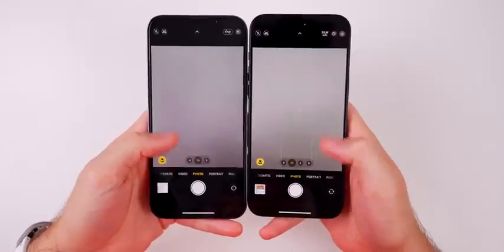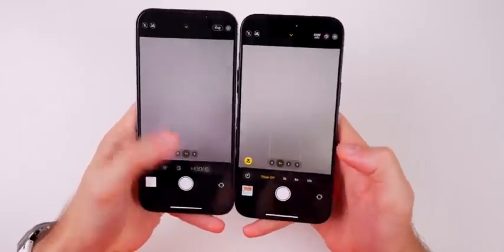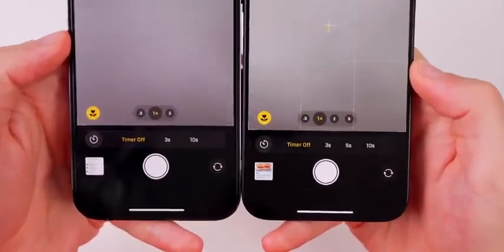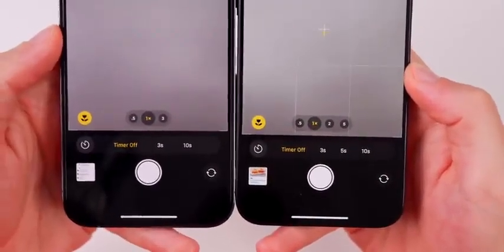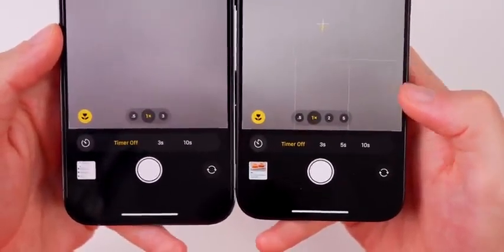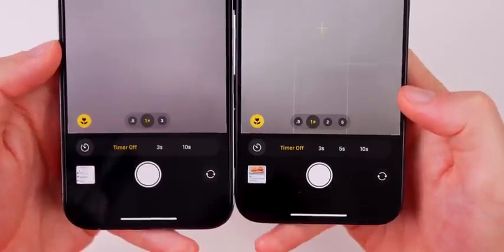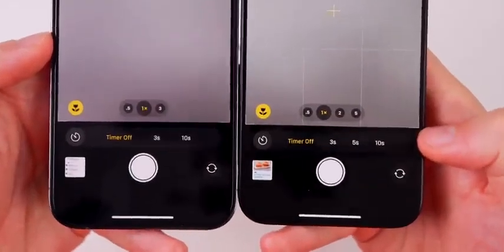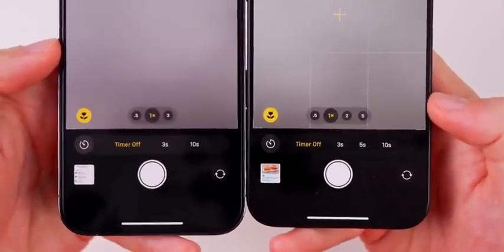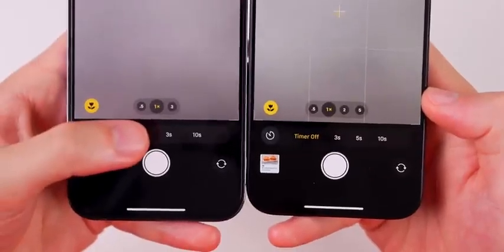Also in the camera application, if we swipe up and go to our timer, we have a couple of changes here. So first off, the font size appears to be slightly larger by a couple of points, and also the text is a little bit thicker as well. But the main difference here is that we now have a 5-second timer option, and we're not just limited to